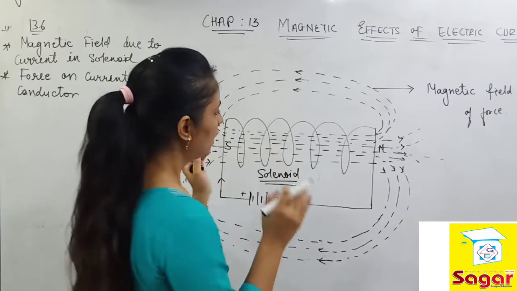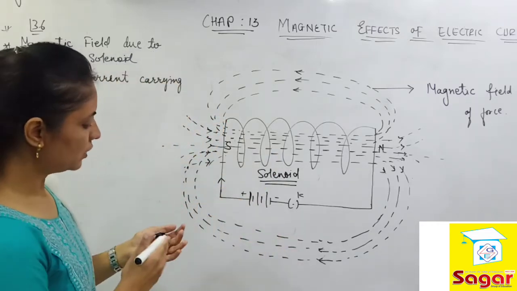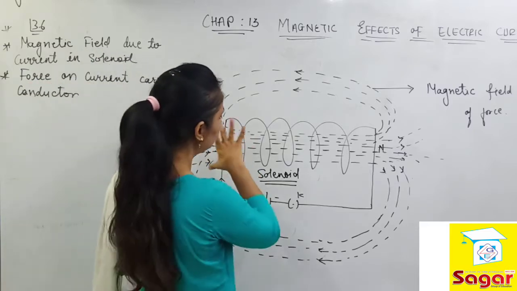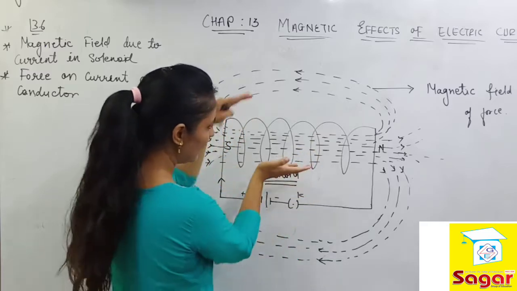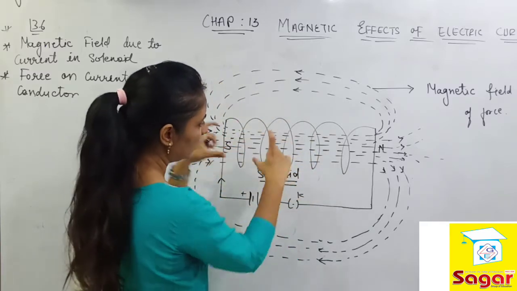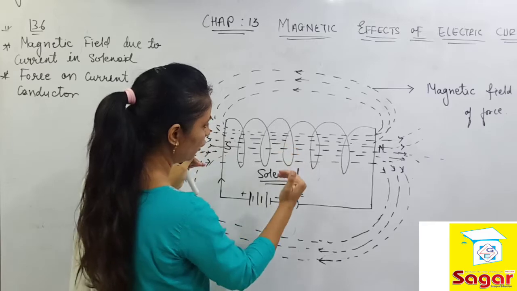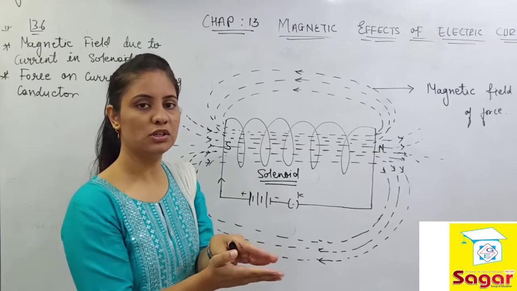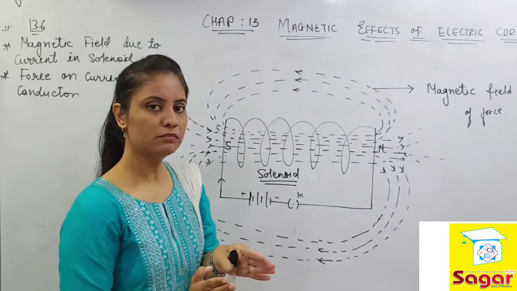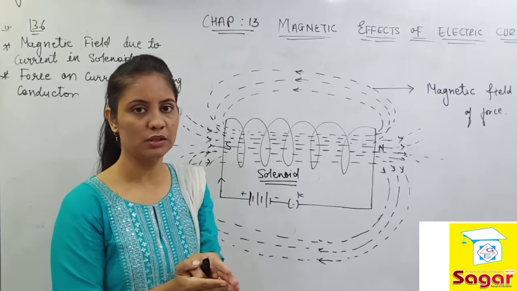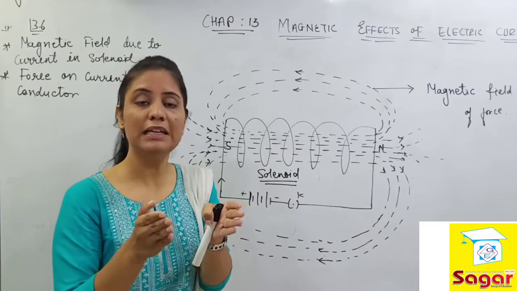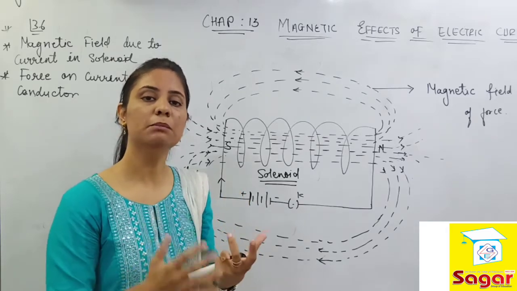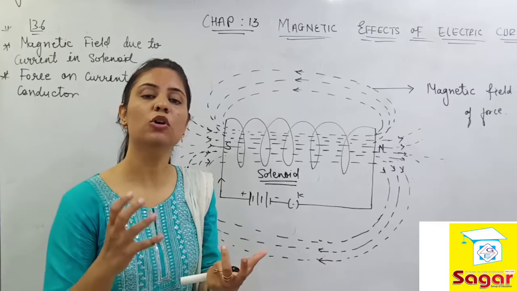The point to be noted, everyone, is that you have to analyze the lines of magnetic field which flow throughout the coil. You can see that the area inside the coil is less, and the magnetic field lines of force are moving very close to each other. They never intersect. They have a specific gap with each other, but they are moving through very little area. So here the strength of the magnetic field will be very high. The maximum strength of the magnetic field will be observed over here.